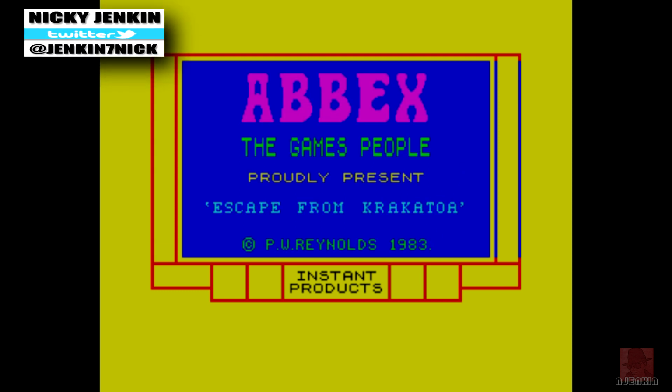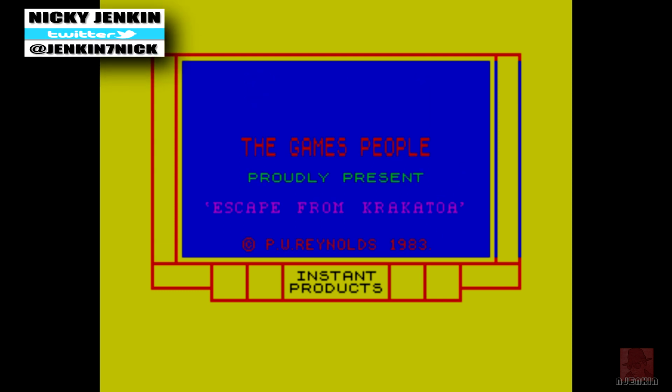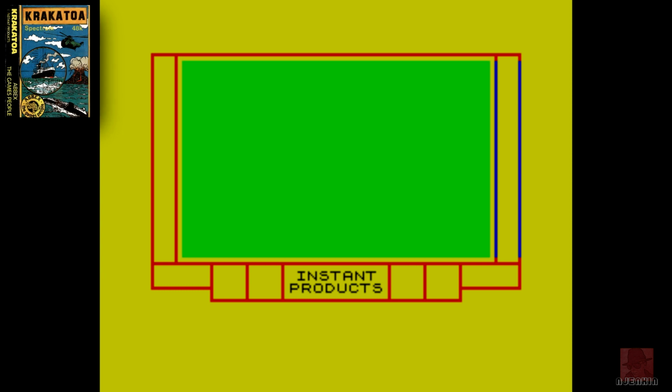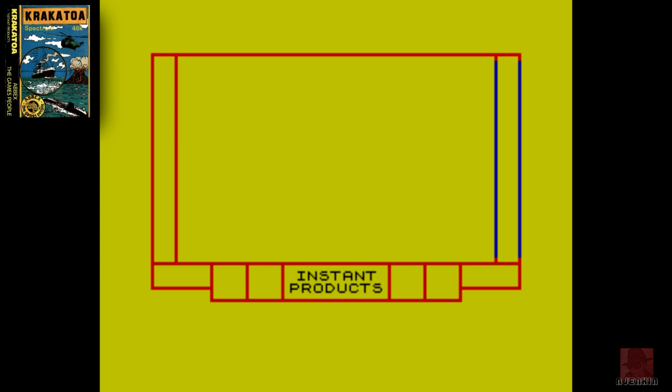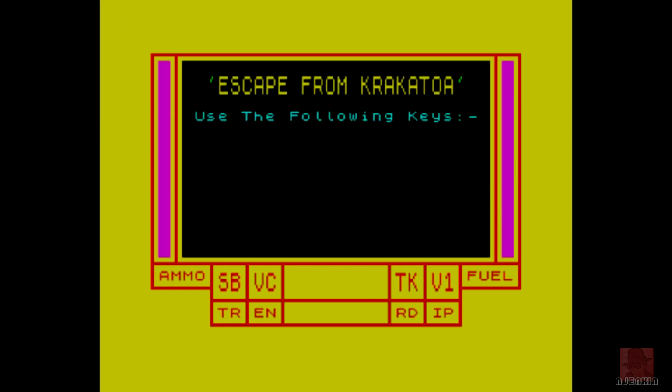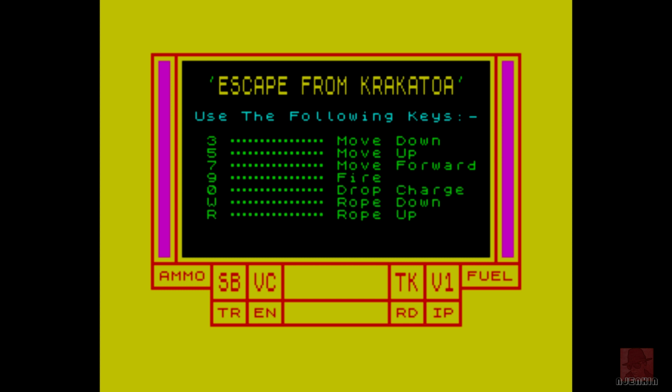My name is Nick, on the ZX Spectrum 48K. We delve right through this amazing back catalogue. This game is Krakatoa, or Escape from Krakatoa, published by Abbex Electronics in 1984. Now, essentially, if you've seen Choplifter, it's a little bit like that, but not really. You take off from a base, the same so far. By landing there, you can get repairs and be refueled, but you've got to rescue people from the erupting volcano,